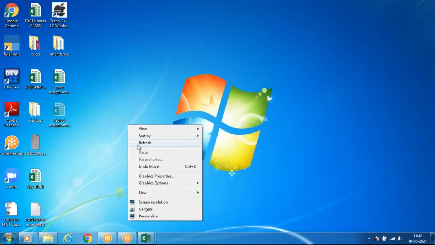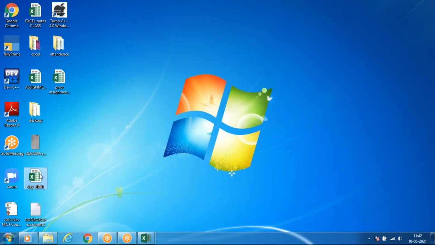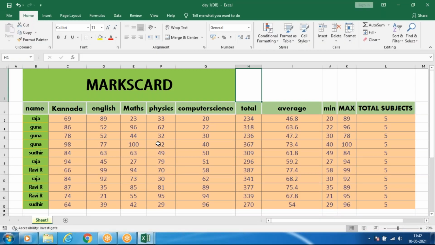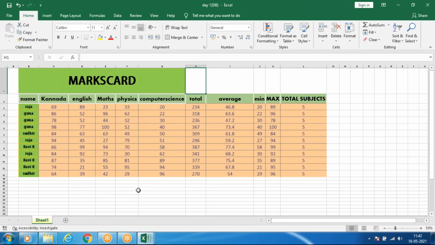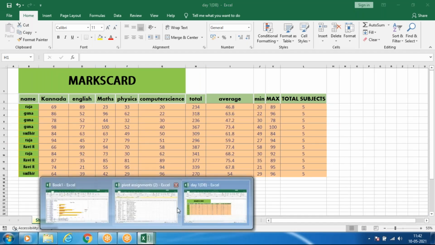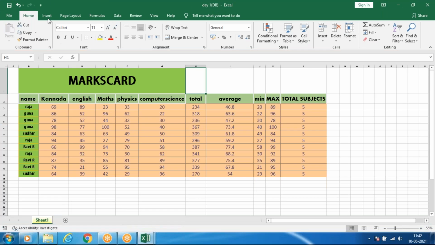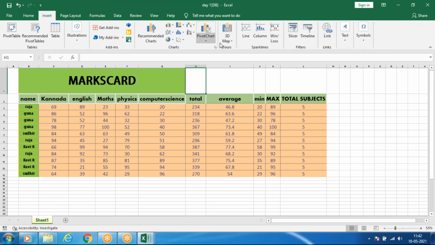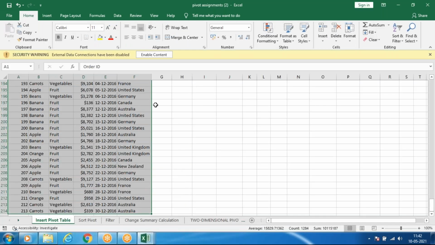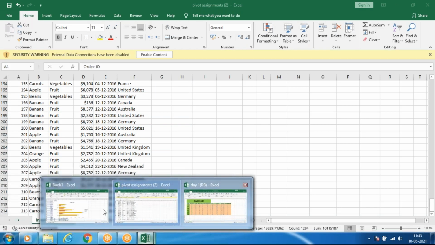And the next thing is 3D map. Suppose you have data country-wise, so the 3D map requires, wait.